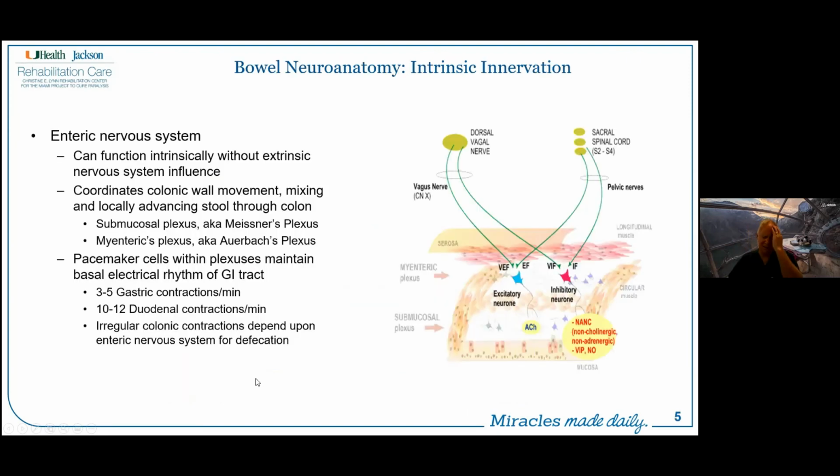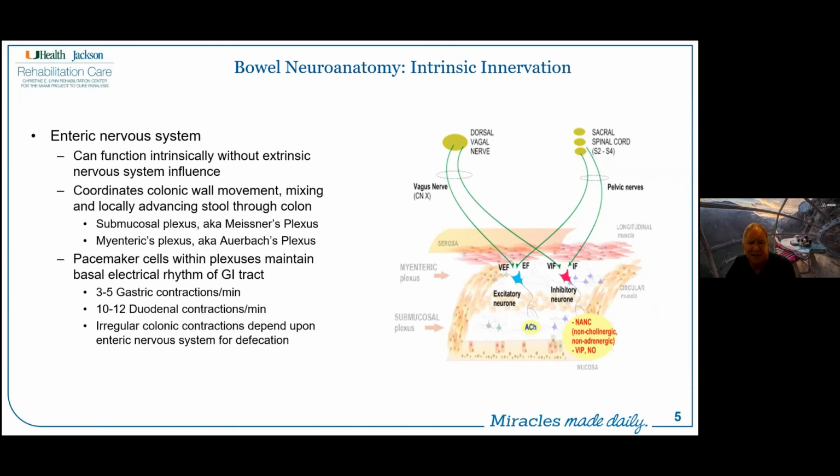As we go through this, I want to separate out what is autonomic and what is automatic or intrinsic. So the intrinsic enteric nervous system can and does proceed all on its own. It can function without extrinsic nervous system influence, that is without sympathetic, parasympathetic, or somatic innervation. Essentially the intrinsic nervous system coordinates colonic wall movement. It mixes and locally advances stool through the colon. I'm speaking specifically to the colon because this is the part of the bowel that we can influence with reflexes,